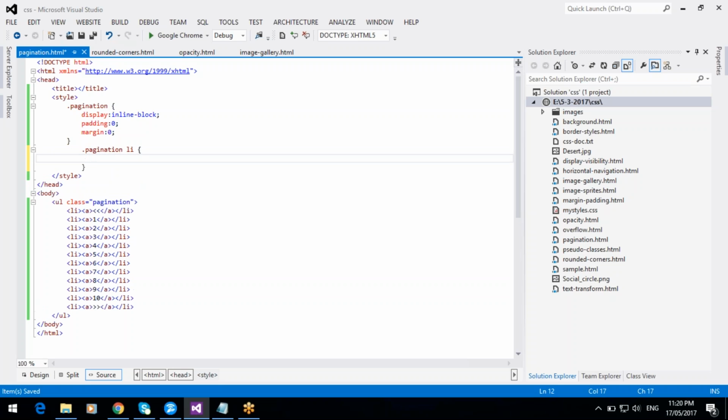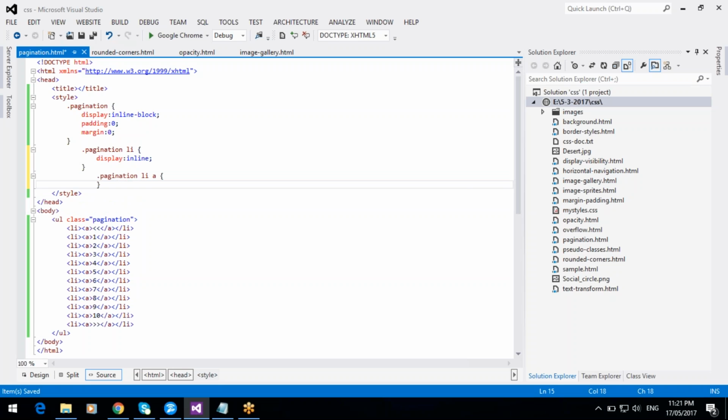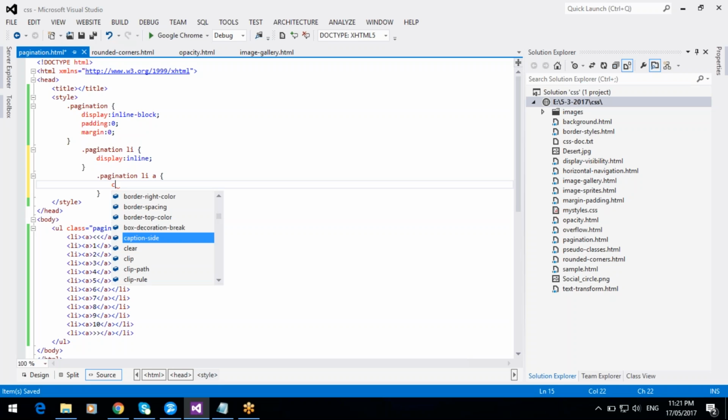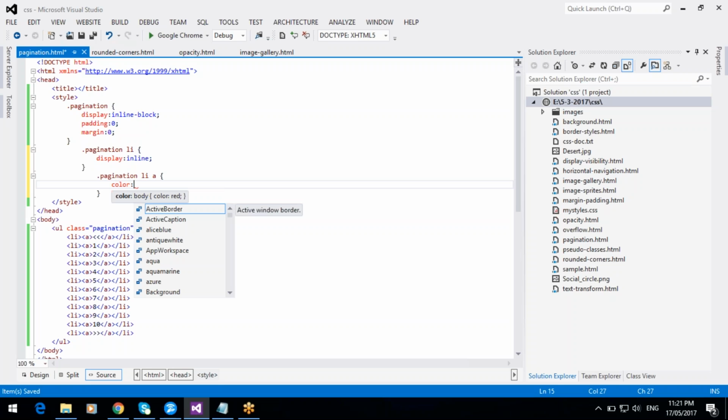For the li tag, display inline, and anchor tags also is there in pagination li a, and anchor tags color black,